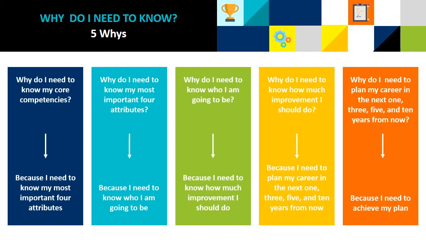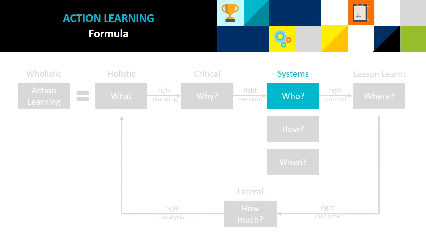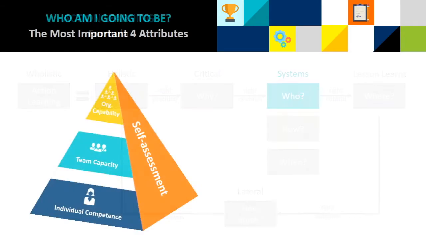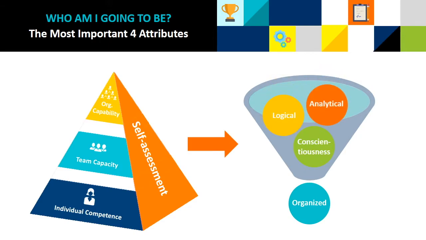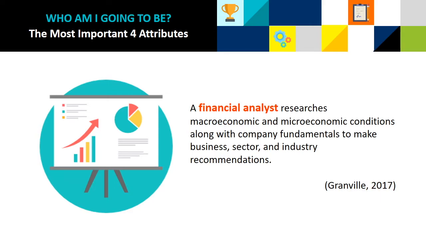After knowing the importance of knowing my core competencies, the next question that I need to answer is who I'm going to be. To answer this question, I will choose my 4 most important attributes in accordance with the results of my tasks. So the 4 attributes are organized, conscientious, logical, and analytical. From these attributes, I believe that I have a passion for becoming a master coach of financial analysts. According to Granville, a financial analyst researches macroeconomic and microeconomic conditions along with the company fundamentals to make business, sector,